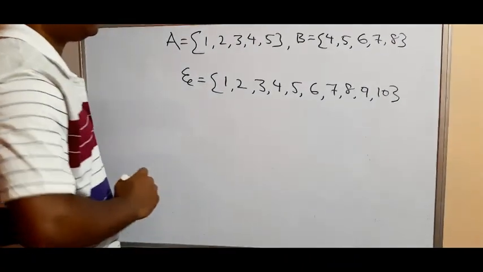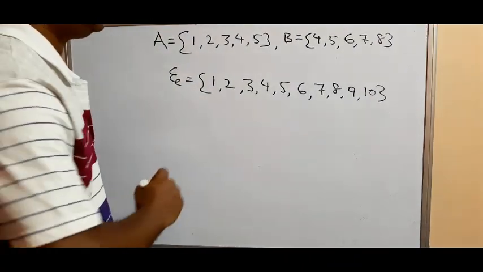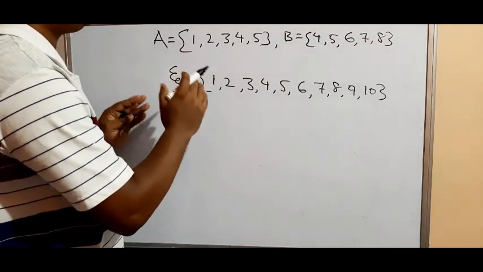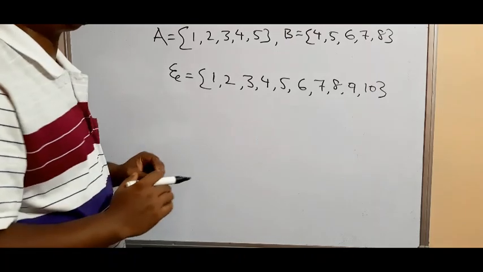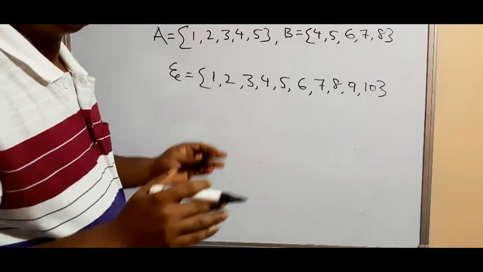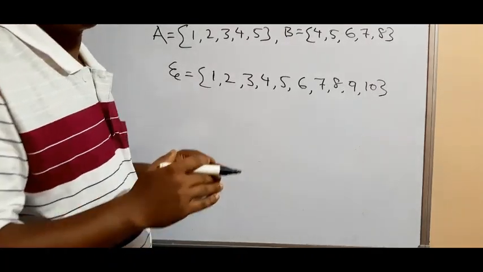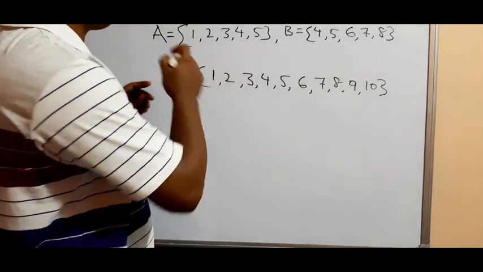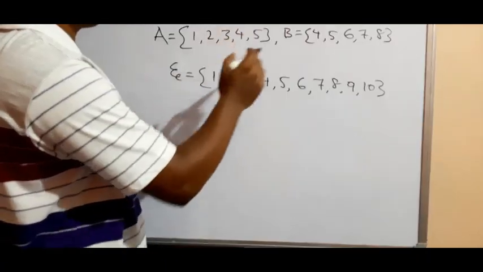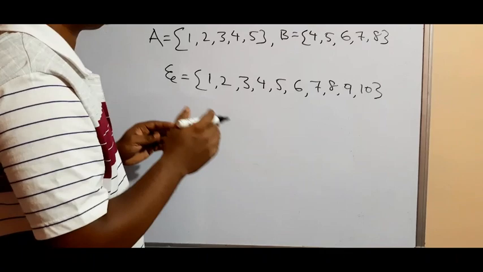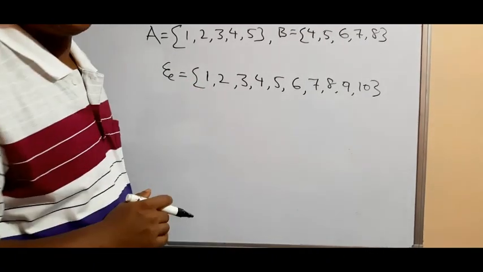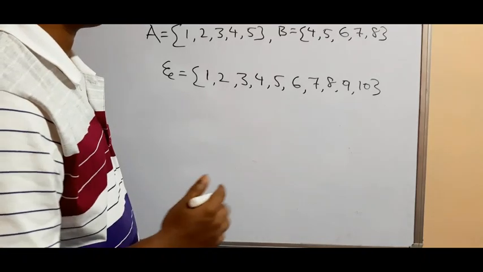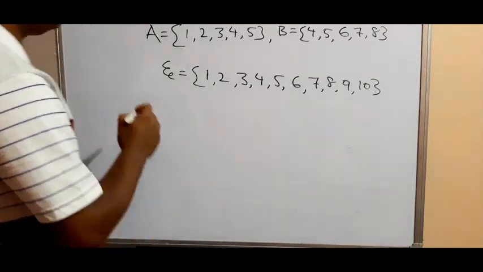Universal set. What do you mean by universal set? That means all the elements of the given sets belong to the universal set. Like in this universal set, everything belongs to it. How many sets are given? Here set A and set B are given. All the elements of set A and set B belong to the universal set. So now we have to find first the union of sets.